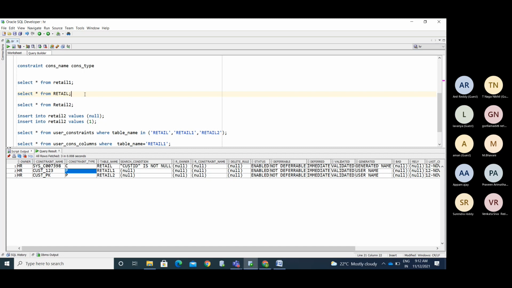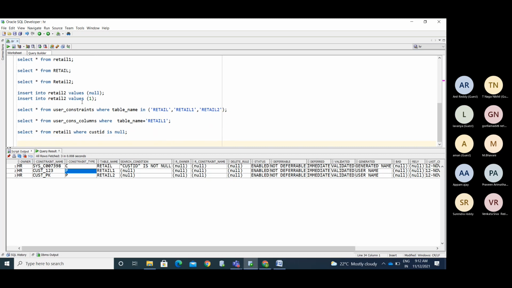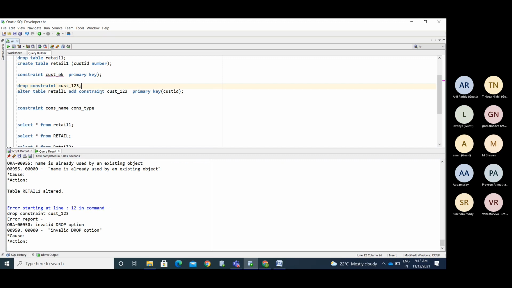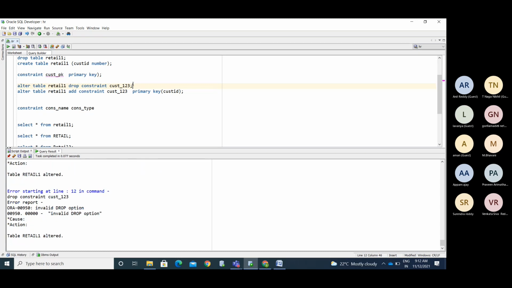Now, how to drop? Simply alter table name, drop constraint name.